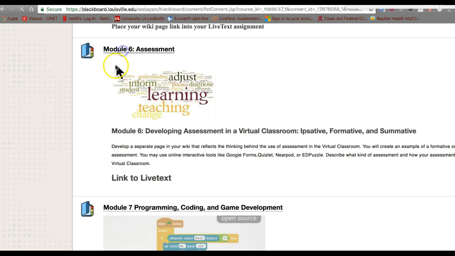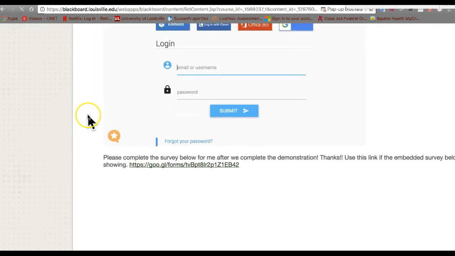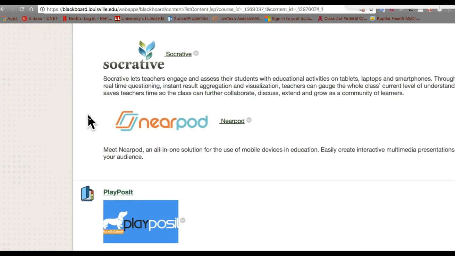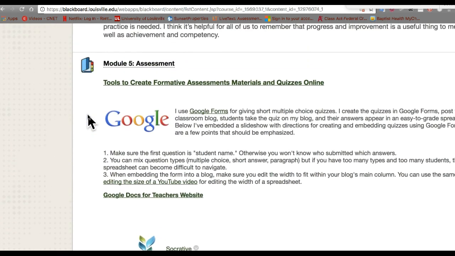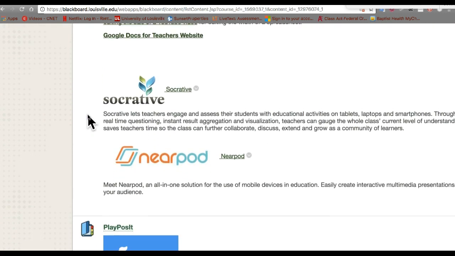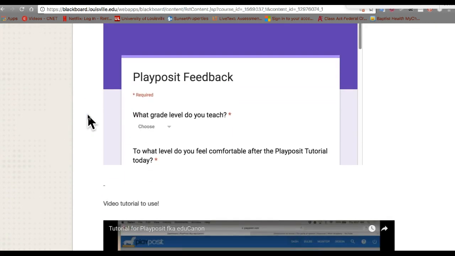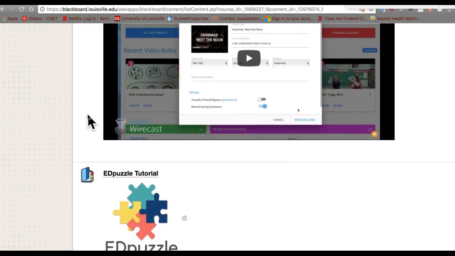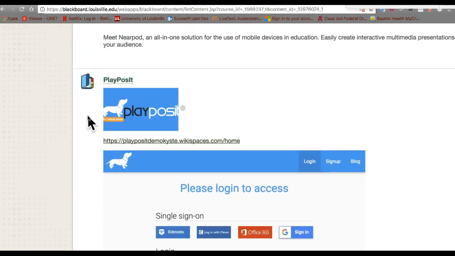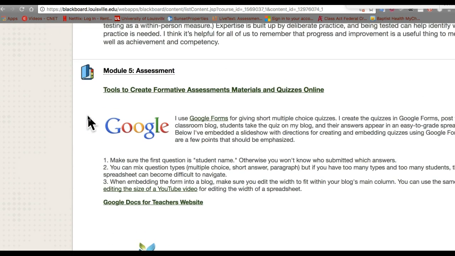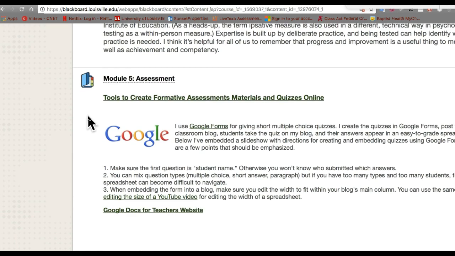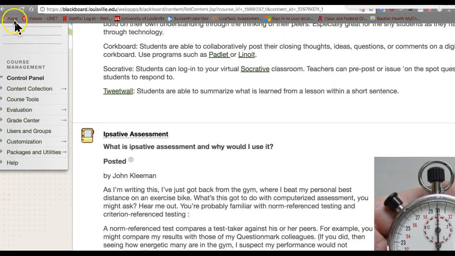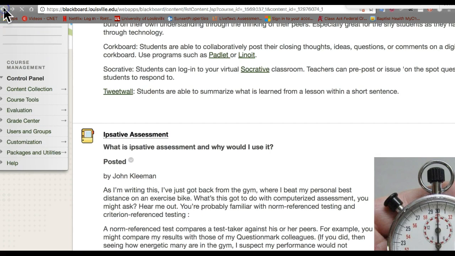Some of these we have talked about for a while, and I'm really surprised and happy to see that they are now starting to show up in JCPS, things like Nearpod, and again, one of my favorites, something called Ed Puzzle. I really, really like Ed Puzzle. And of course, then there's Google Forms. So if you have a Google Classroom, then you need to understand Google Forms because it can become a part of what you do in that Google Classroom.